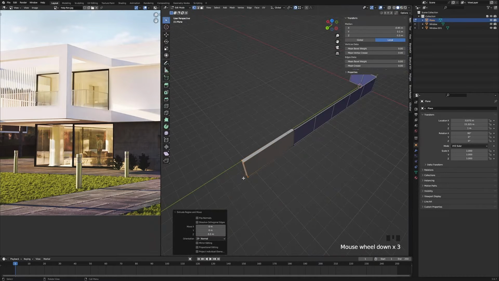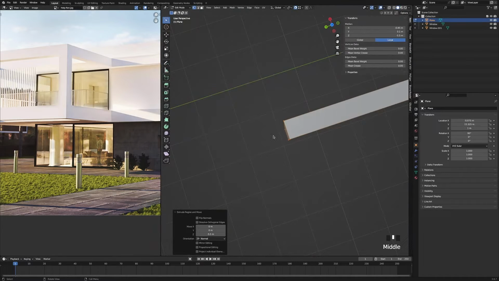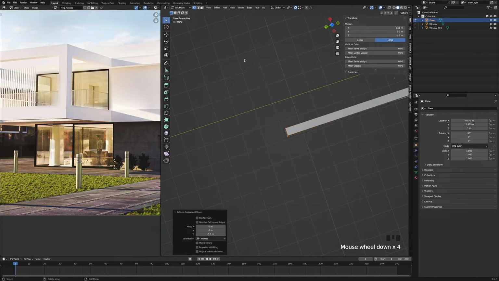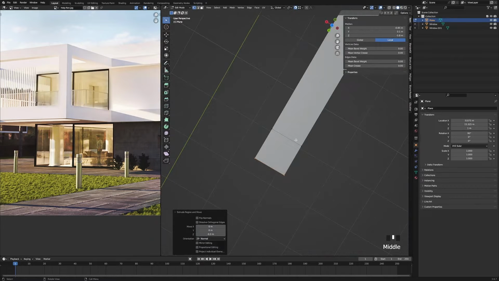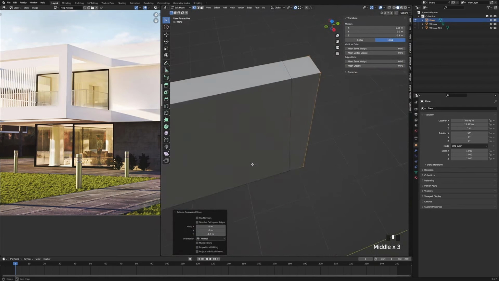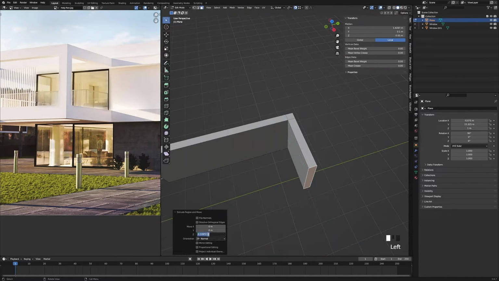5.5. Then we're just going to press the full stop key to zoom in, and we're going to now extrude it so that we have an equal square so that we can go now along this way. So we want it to be the same length of this vertex to this vertex, and that length is, so if we press E to extrude, and that length is minus 0.3, and that now gives us an equally shaped square. And then if we press 3 for faces, and we're going to select this face, then we're going to press E to extrude it along, and we're going to make that amount minus 3.2.